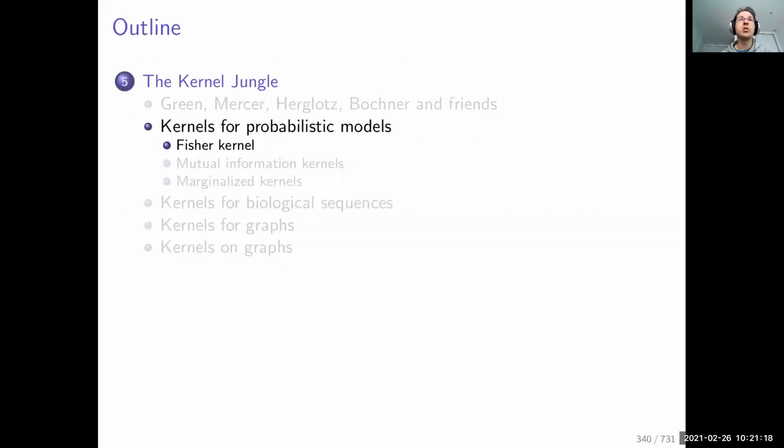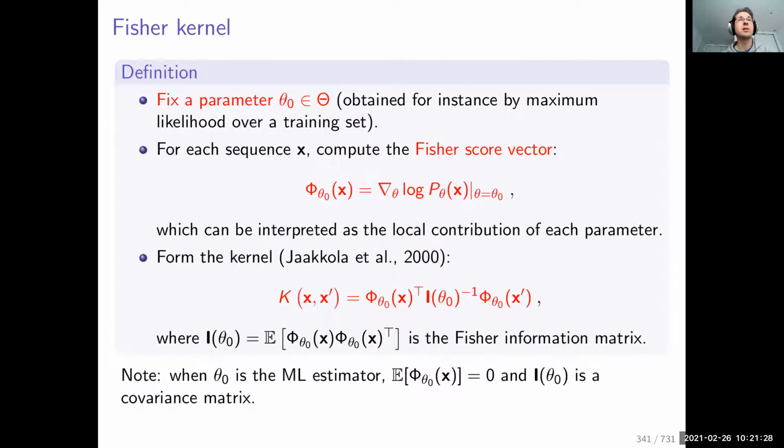And among the different kernels that are able to exploit such probabilistic principles, one very famous one, which has been very successful, is the Fisher kernel. If you were doing computer vision about 15 years ago, you would have heard about the Fisher kernel, because it was a natural way to embed natural images that was achieving state-of-the-art results for classification tasks, which was using something called the Fisher vectors, which are derived from the Fisher kernel. So, let us define formally what the Fisher kernel is.